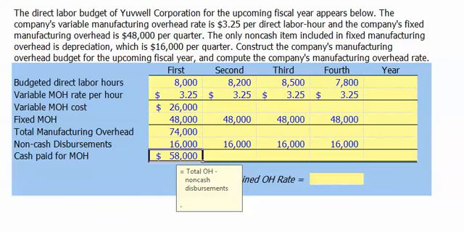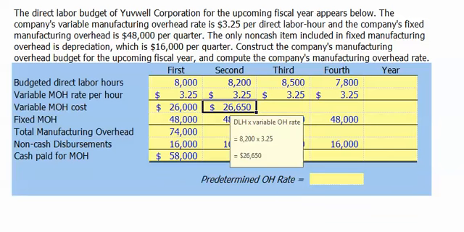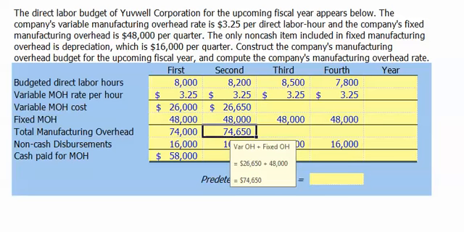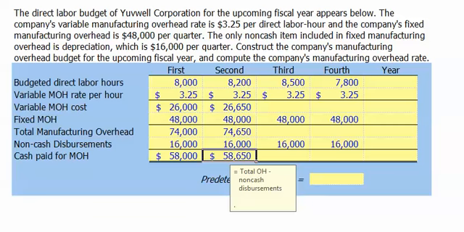For the second quarter, our variable manufacturing overhead cost is $26,650. That's the 8,200 direct labor hours multiplied by our $3.25 variable overhead rate. We add to the $26,650 our fixed manufacturing overhead of $48,000 to get total manufacturing overhead of $74,650. We can subtract our $16,000 in depreciation expense to arrive at our cash disbursements of